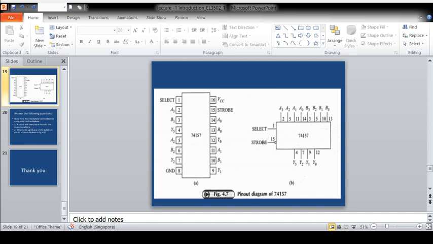This IC is known as a nibble multiplexer. Either of the nibbles, A3, A2, A1, A0, or B3, B2, B1, B0, is steered at the output Y3, Y2, Y1, Y0, depending upon the select input. Pin number 15 is the strobe signal. You can see that it is shown with a bubble. It means that this IC is activated when the strobe signal is low, just like previously. When the strobe signal is high, none of the nibbles is selected or steered at the output, and all outputs remain in the high state.